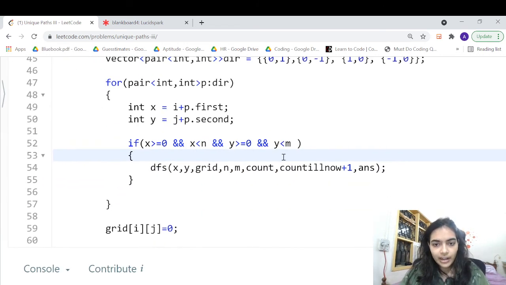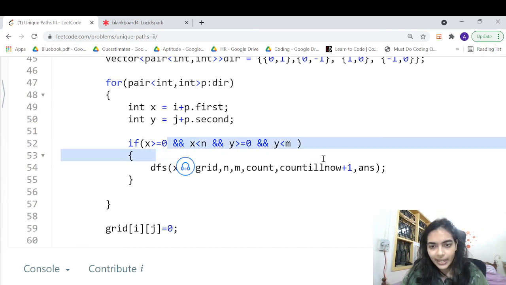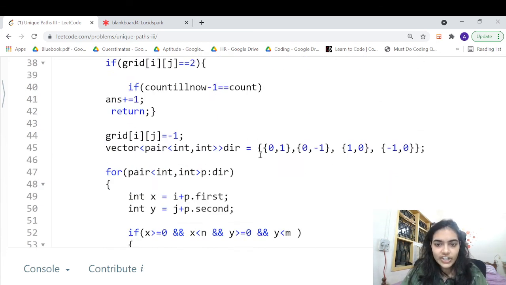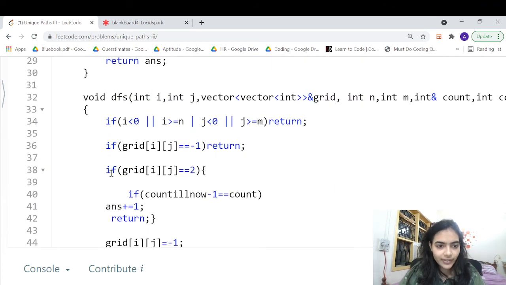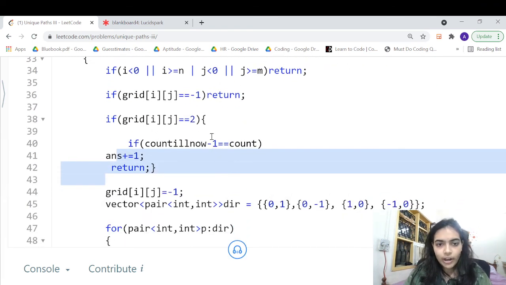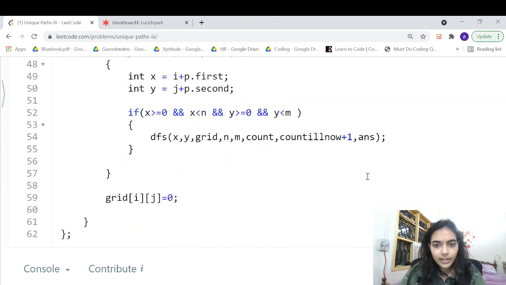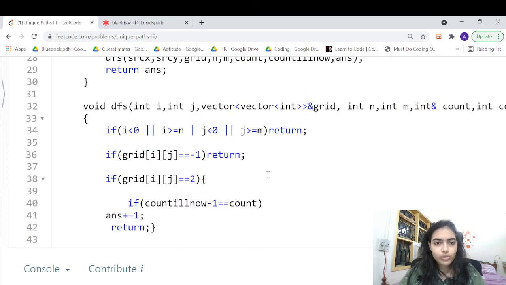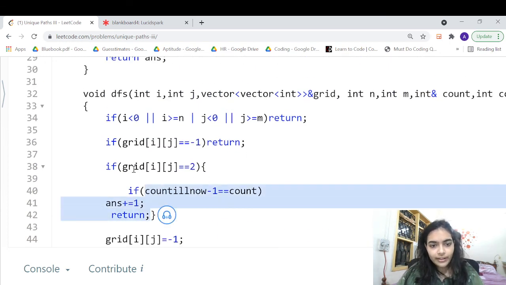And I am calling the DFS and hitting the count every time, so I will increase my count for the destination cell also. That is why I have given this condition, count till now minus 1 is equal to count, because whenever I am making the DFS call, I am counting every time. So one time I will count the destination cell also. So I should keep count of that.